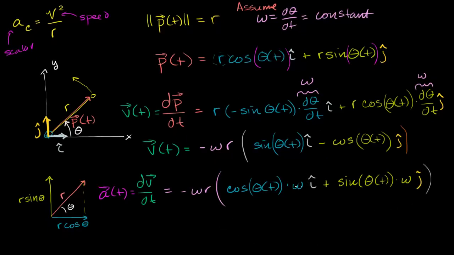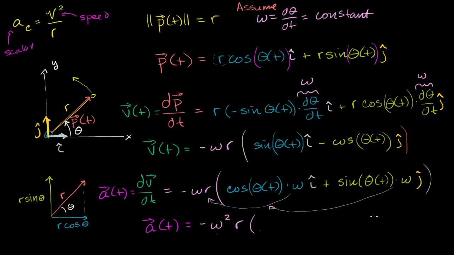So now let's factor out this other omega, and we get something interesting. We get the acceleration, our acceleration vector, as a function of time is equal to, if we factor out another omega, we get negative omega squared r. I'm just factoring out another omega, so that becomes negative omega squared r times,